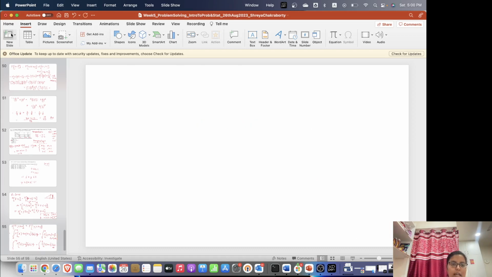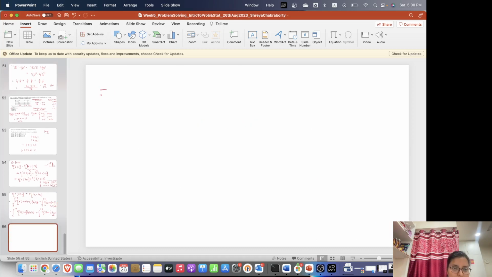Now this thing we can write as the integral from 0 to 1 minus z of probability x greater than y plus z, that is the integral of y plus z to 1 dx,